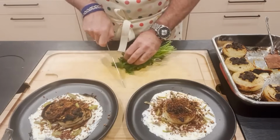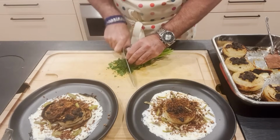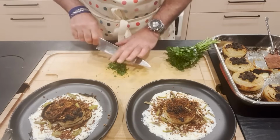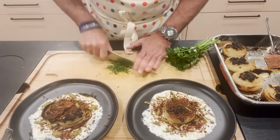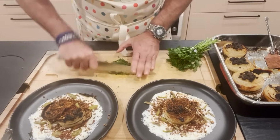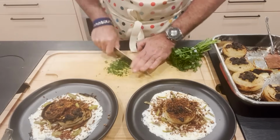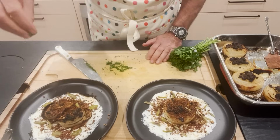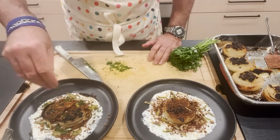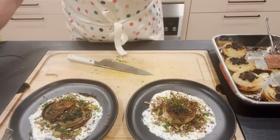I am going to cut some parsley here. And I just need about a tablespoon of really nice, finely minced parsley. That is some nice minced parsley. And I'm just gonna throw that all over these. Delicious. And then the last thing that I'm gonna do,